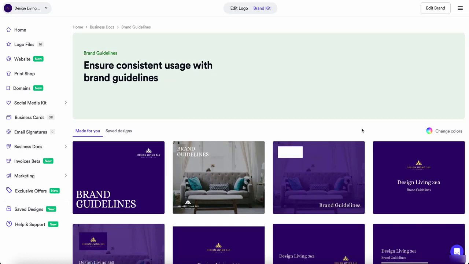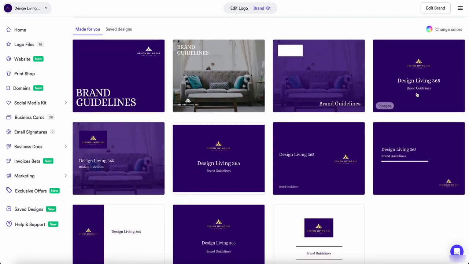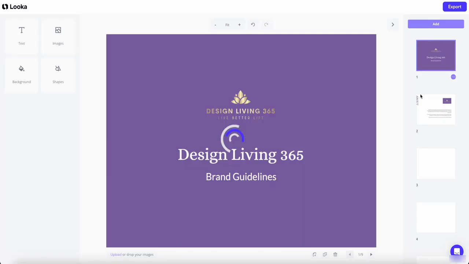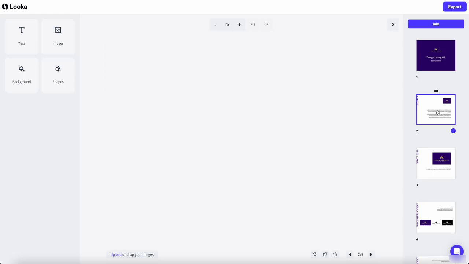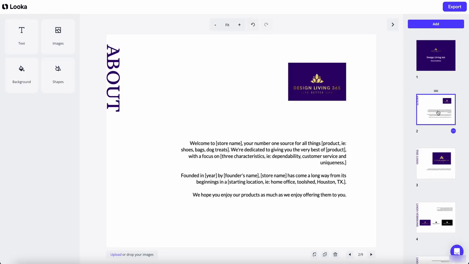So basically, as you can see, it just generates 9 pages of brand guidelines. Normally you pay so much money for that. It's incredible. I mean, this is really, really incredible.